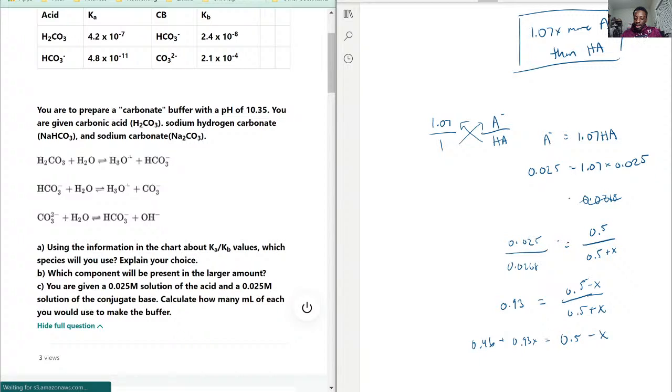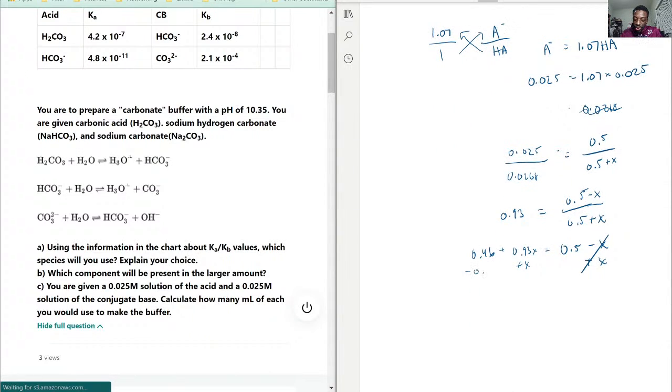So now we're going to isolate to one end, so then minus 0.93 from both, whoops, we're going to plus the x on both sides. Okay, so this is crossed out, and then we're going to subtract the 0.46 minus the 0.5,